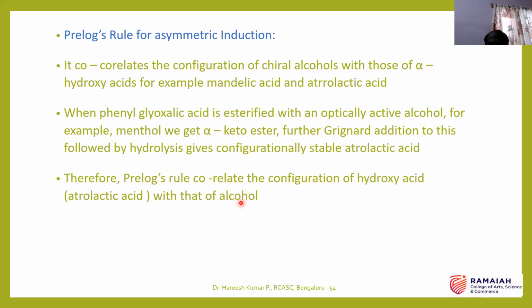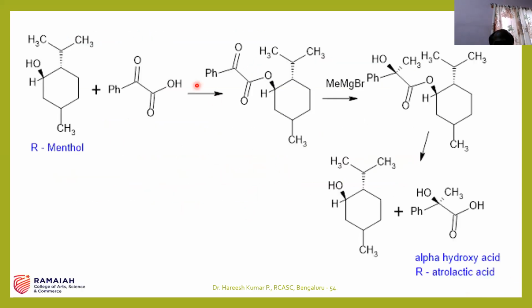So this is about Prelog's rule. Here, I am explaining these sentences in terms of structure. So this is the menthol. It is optically active. This is the glyoxylic acid. And it is a simple esterification. Alcohol reacts with acid giving rise to ester. So when this ester is treated with methyl magnesium bromide, what will happen? The methyl carbanion will